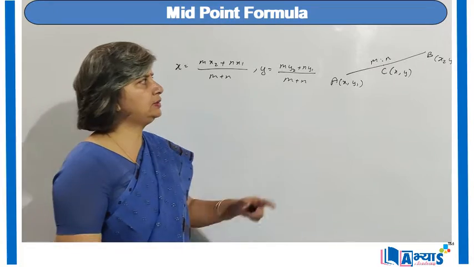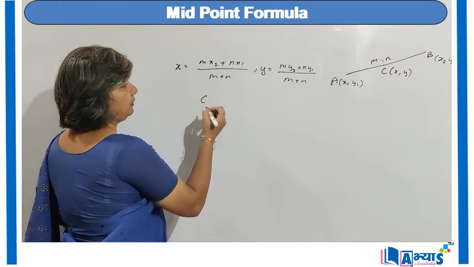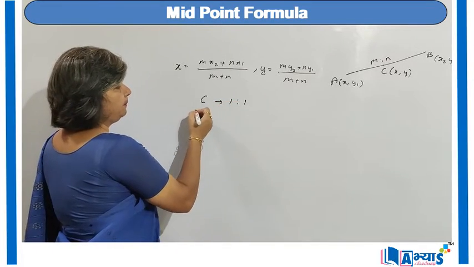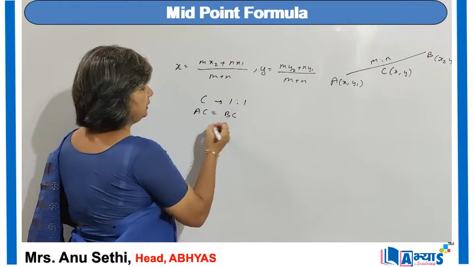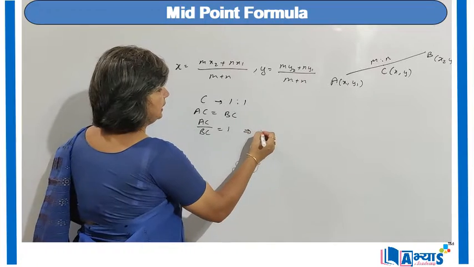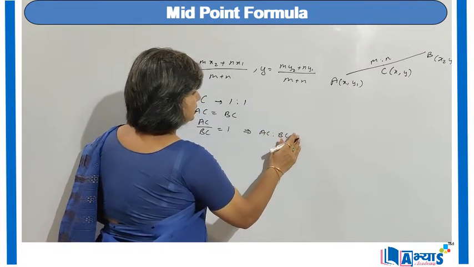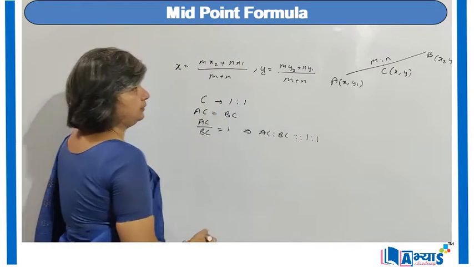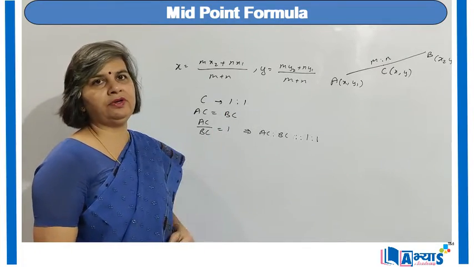As C is the midpoint of A and B, C will be dividing AB in the ratio 1 is to 1, because as C is the midpoint, AC is equal to BC. So AC upon BC will be equal to 1. That means AC is to BC as 1 is to 1. So now we will replace m with 1 and n with 1,